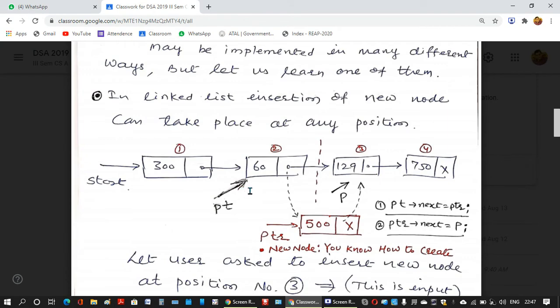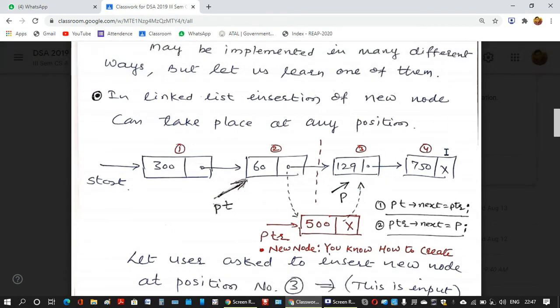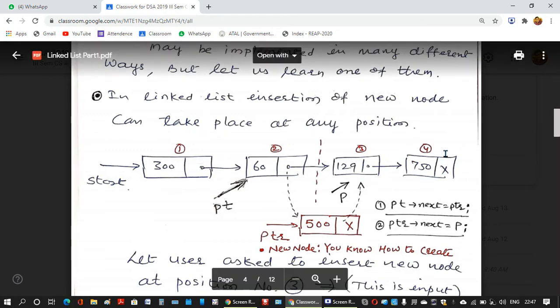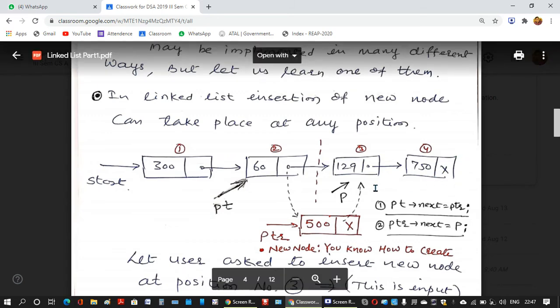When I equals 2, P will reach the third node. When I equals 3, P will reach the fourth node. So the address of the fourth node is in P when I equals 3 and the loop runs. When I equals 4, it will finally become null. So P will become null.